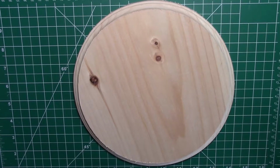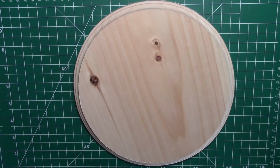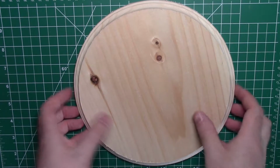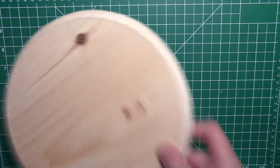Okay, awesome, let's get going. So I don't normally build bases. I should, because I think it makes a huge difference to displaying the models. So I went to Hobby Lobby and got myself a round, I think this is 9 inches. Yep, 9-inch round,